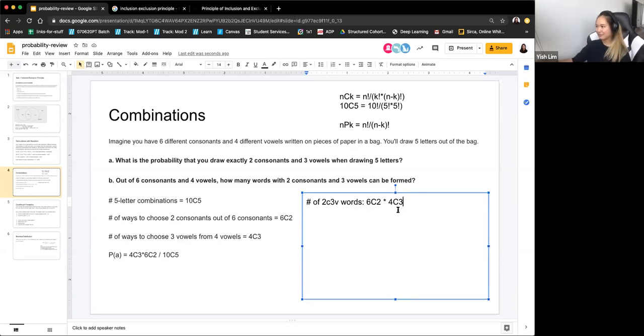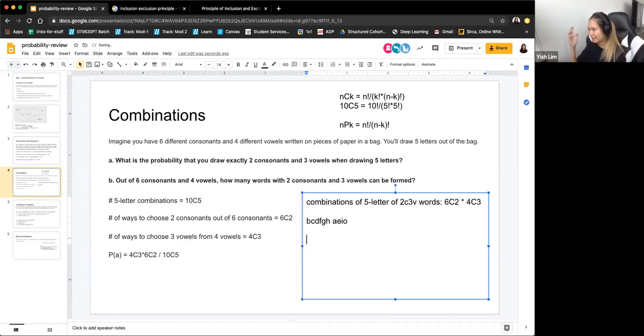Nice. All right. So this is not the full answer. So this, sorry, let me just like be more clear on what this is. This is the combinations of 5-letter. This is the number of combinations of 5-letter 2 consonant 3 vowel words. And if you remember, combinations, the order doesn't matter. So in that case, let's say if our letters are B, C, D, F, G, H, and A, E, I, O,